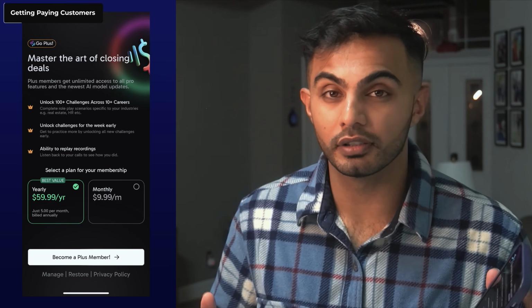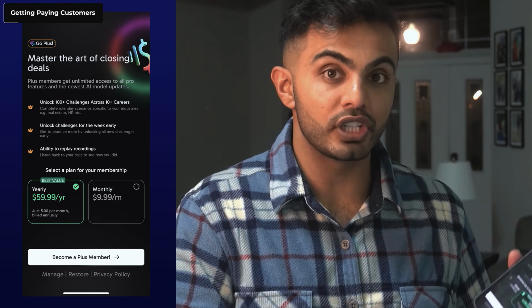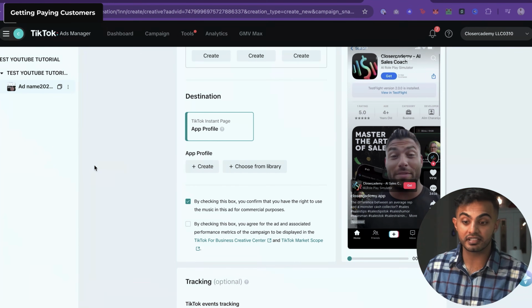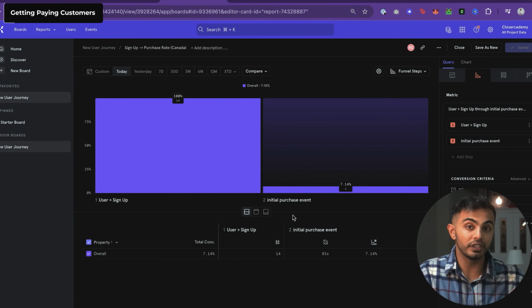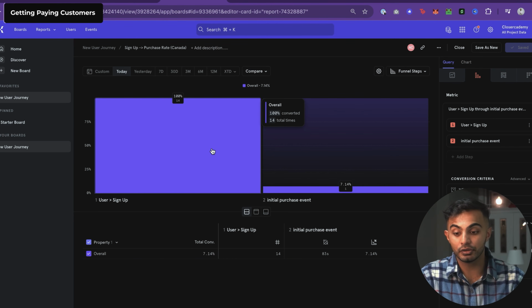Not everybody will convert, and this isn't the optimal way to do things. I'm still going to change my onboarding flow. As you can see here on Mixpanel, today I've only converted 7% of people, and I'm not going to kill this ad until I have a bit more data coming through. My goal is to get this up to 15 or 20%, and if I can't do it with, say, $50 more of ad spend and getting this number here to about 50,